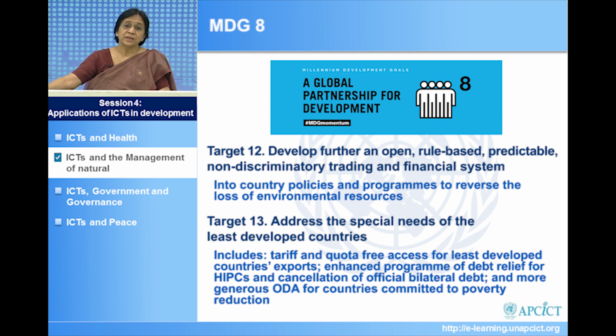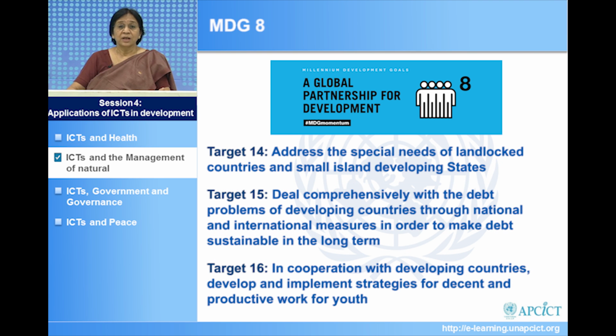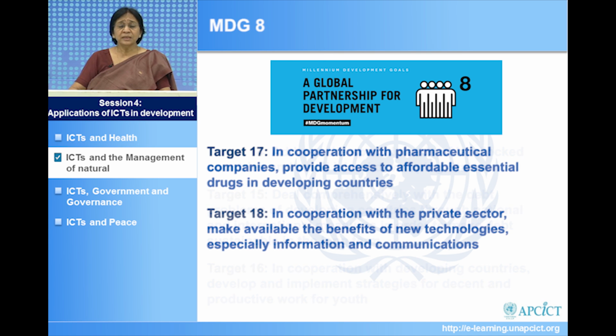We must address the special needs of landlocked countries, and various other targets. And one of the targets, Target 18, specifically mandates countries to use information and communication technologies to address the needs